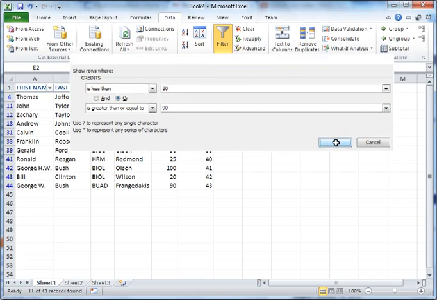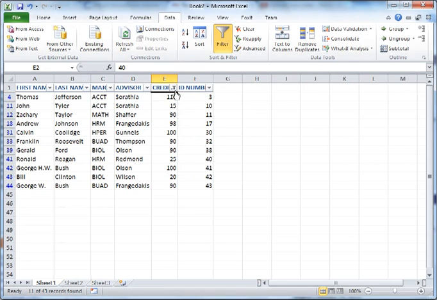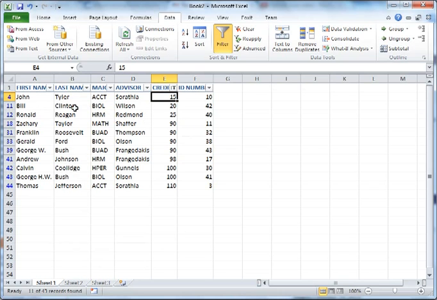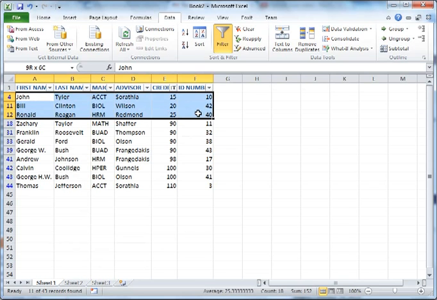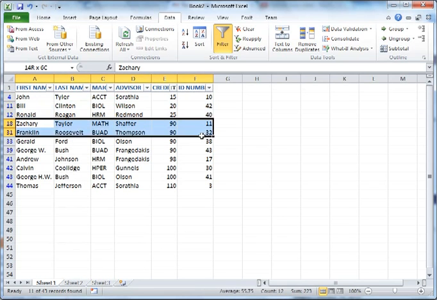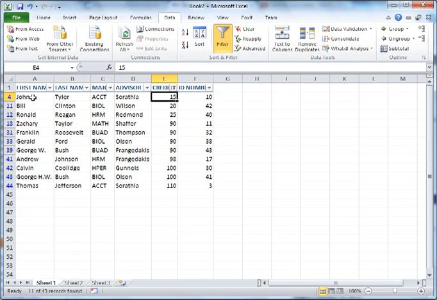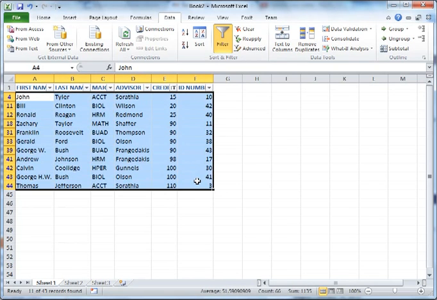Now let's click on OK. And if we look at our data here, let's just sort the data. These people are freshmen, and these people are seniors. So I got exactly what I wanted. But you have to be careful. Most of the time, you're going to use and when you're doing a compound condition like that. But sometimes you need to use the word or.